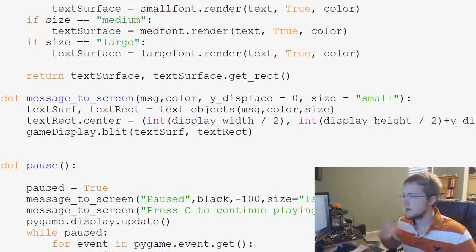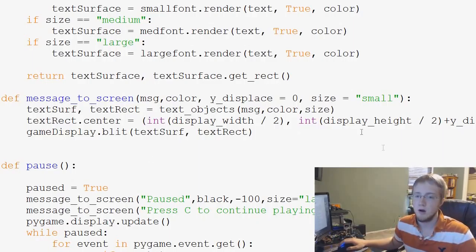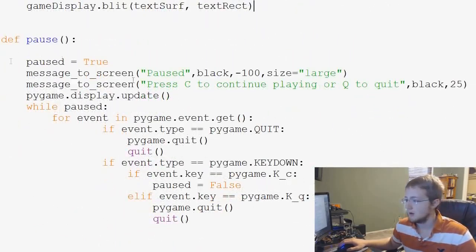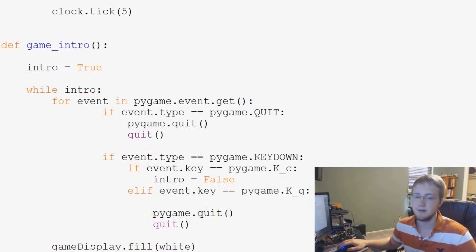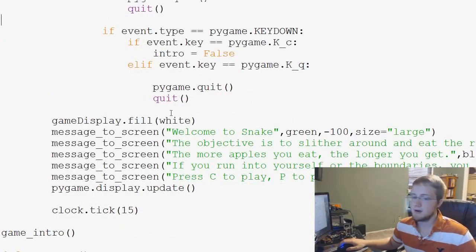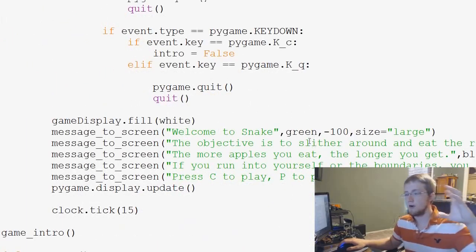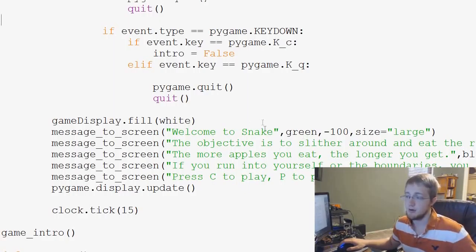Text objects and message to screen, we're going to be doing that in any game, so leave that. The pause menu, we'll leave that as well. I don't think we have anything snake specific in there. Keep scrolling down to the game intro. The game intro now is just going to be slightly different. We're going to completely change the game intro anyway,